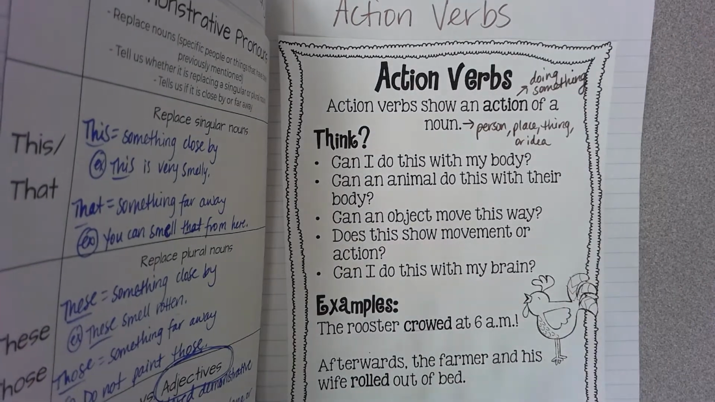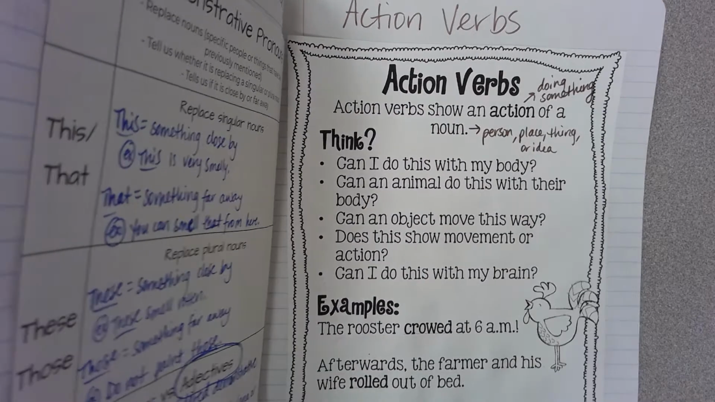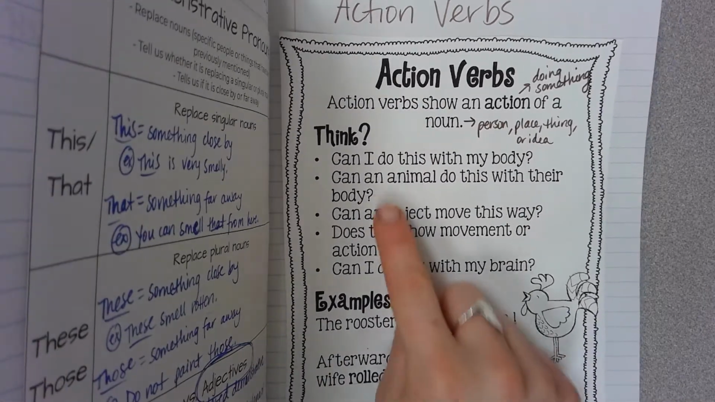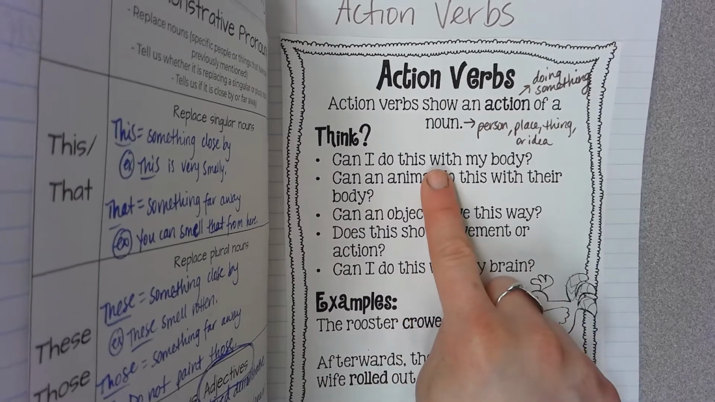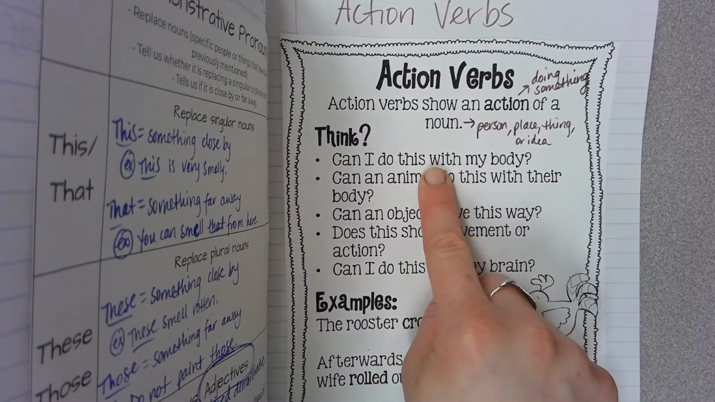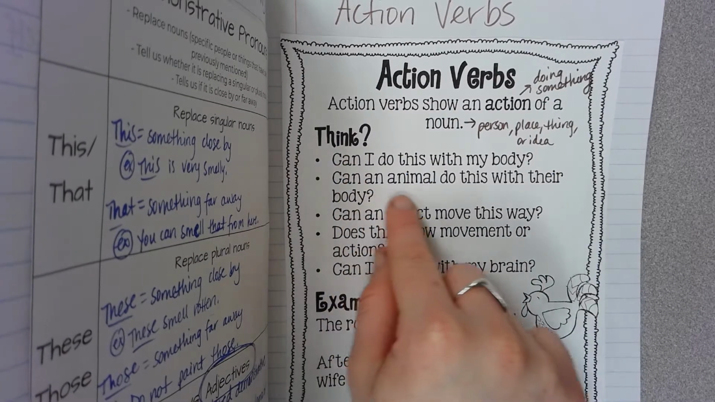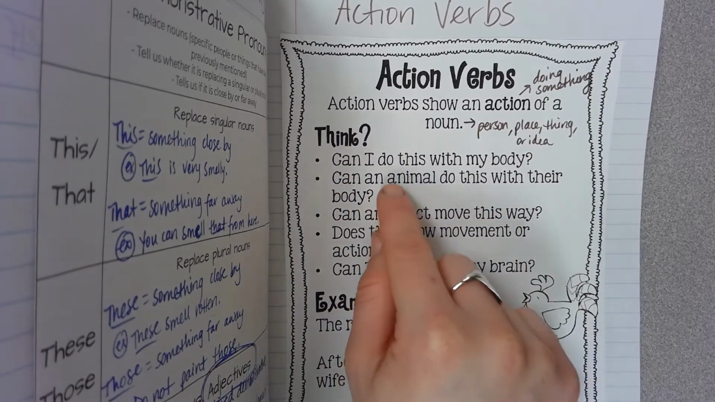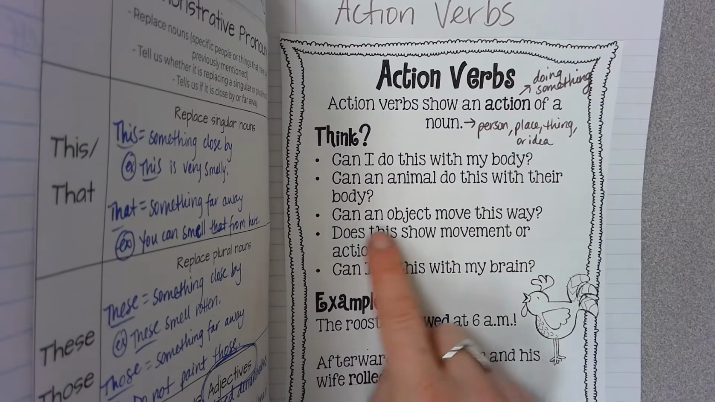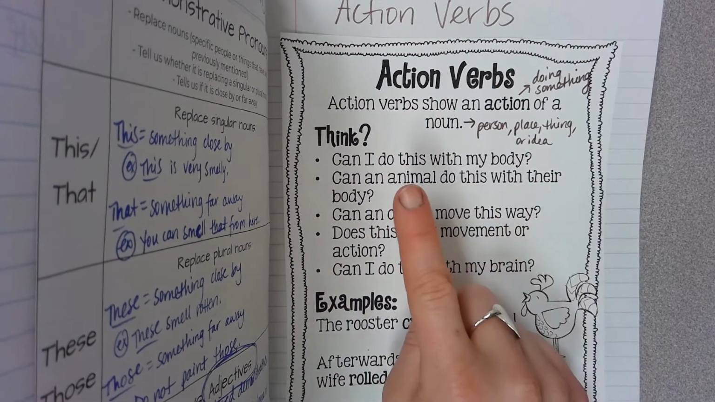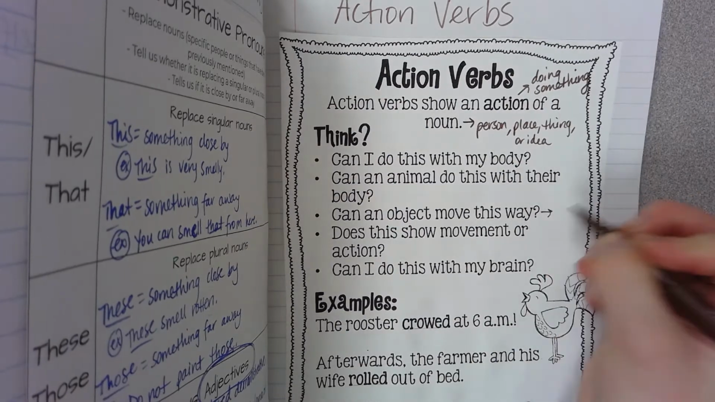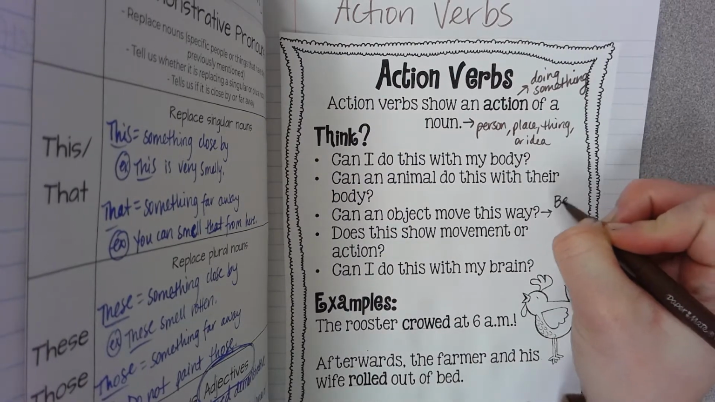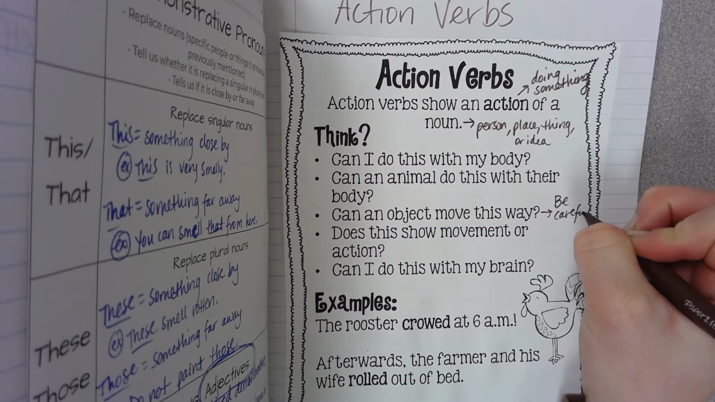Okay, now this next section I kind of like. So it says think. If you can do the verb that's in the sentence with your body, or can I do this with my body? It's an action verb. If an animal can do this with their body, it's an action verb. Can an object move this way? It's an action verb. Now just be careful, because this could also